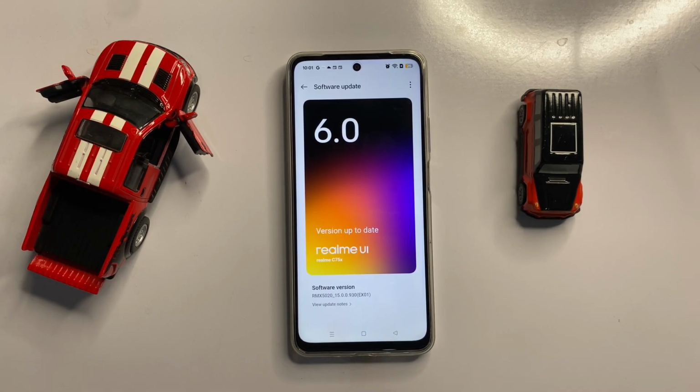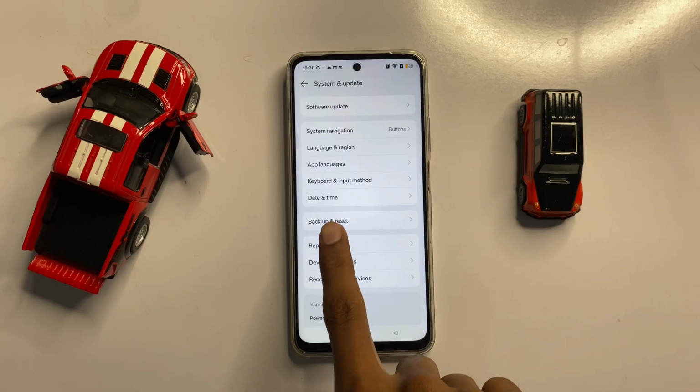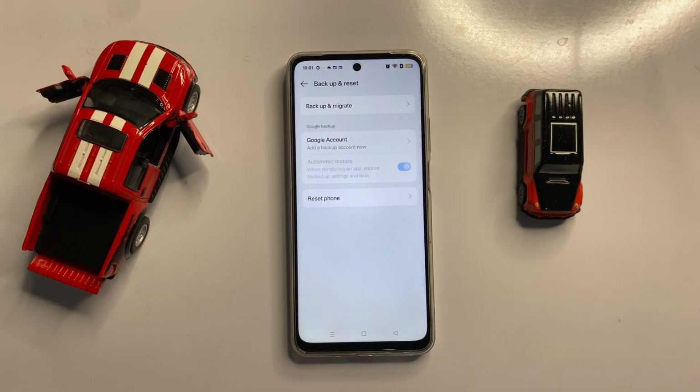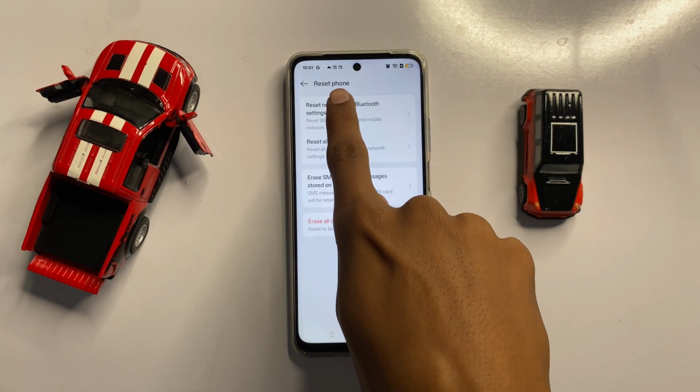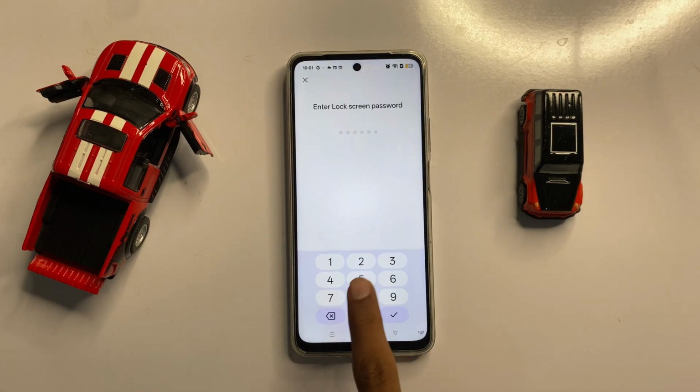After updating to the latest version, go back and click on backup and reset. Now click on reset phone, and here you can see the option reset network settings. Now click on it and here enter your password to reset your network settings. After resetting the network settings, your problem will be